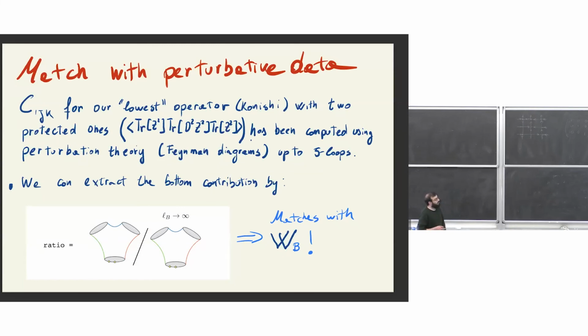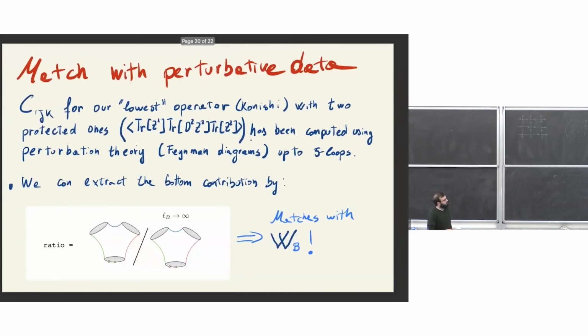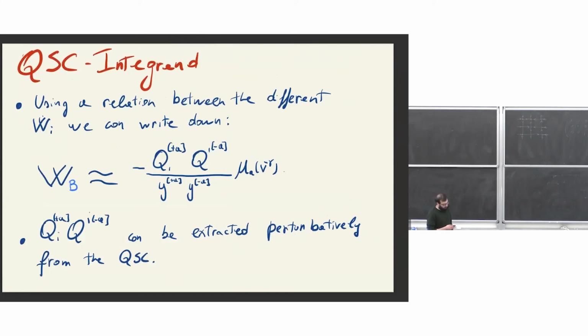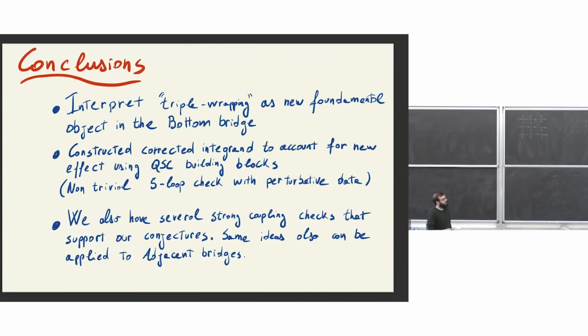So to summarize, hopefully, what we have done. We have interpreted this triple wrapping, so this extra piece that was coming up at 5 loops, as a new fundamental object for this bottom bridge. So this retarded second wave that we could not see from the canonical hexagon construction. As I mentioned, the QSC is a very good object to look at for building wrapping correction terms, and we were able to construct this integrand, for this bottom bridge, and we also have it for the adjacent and for this normalization factor in such a way that